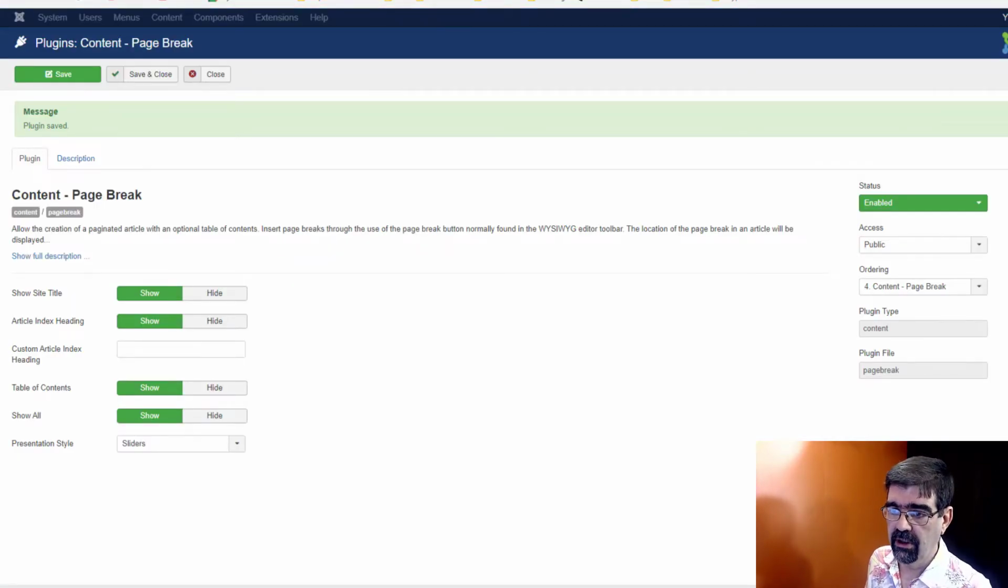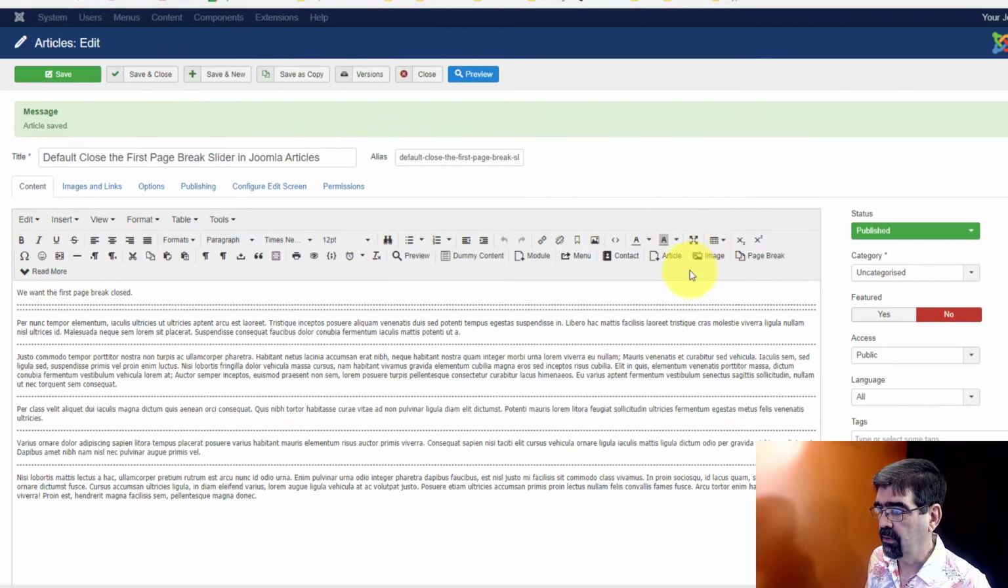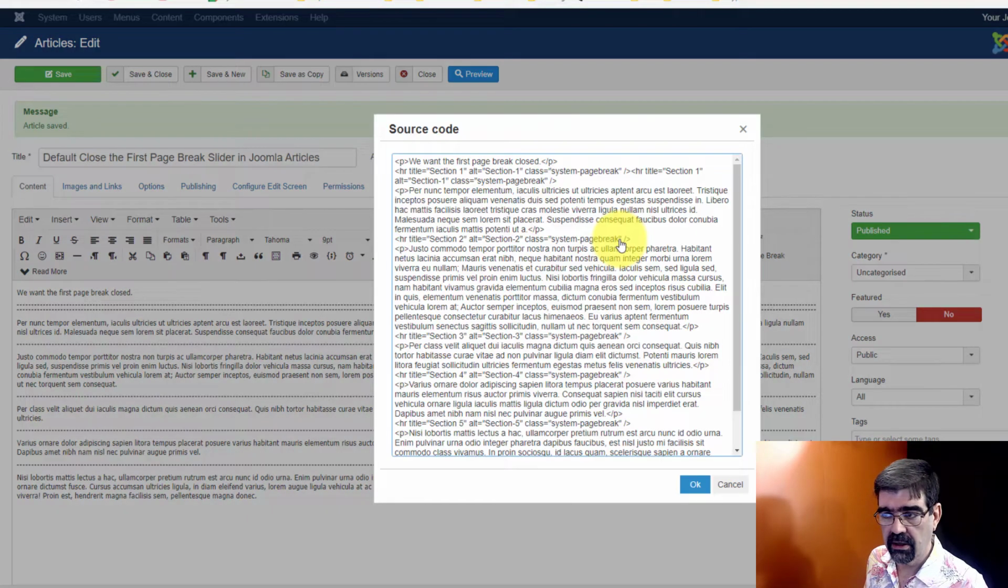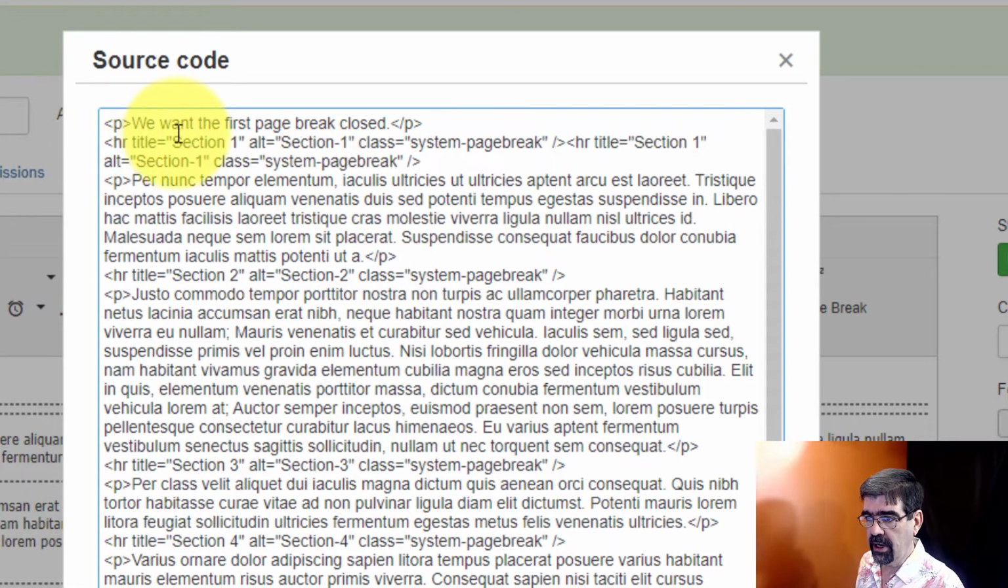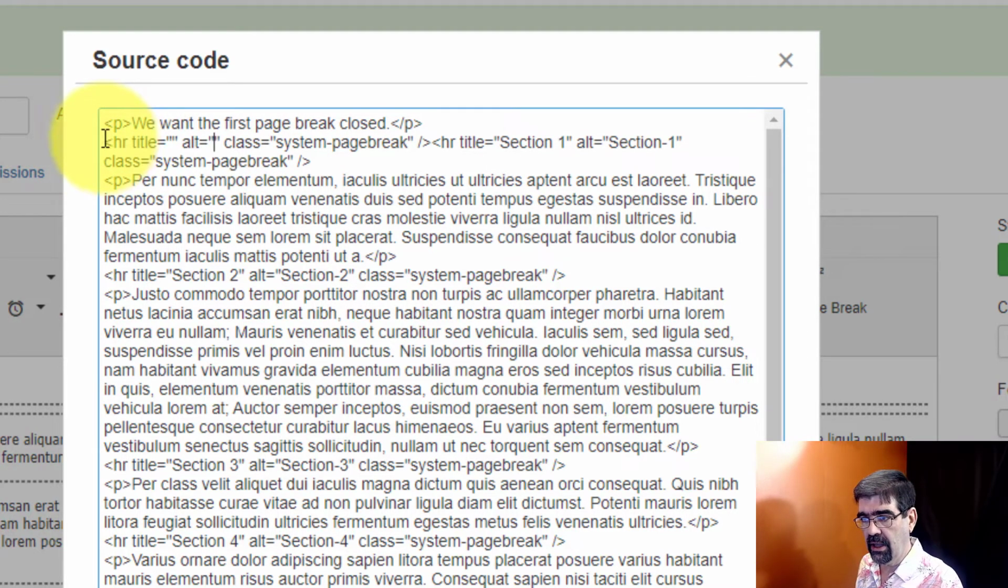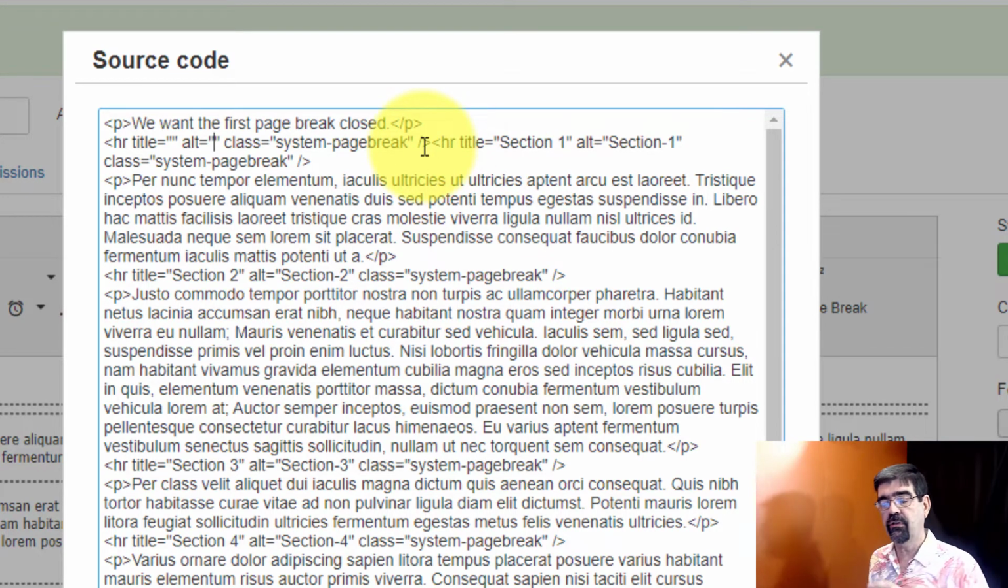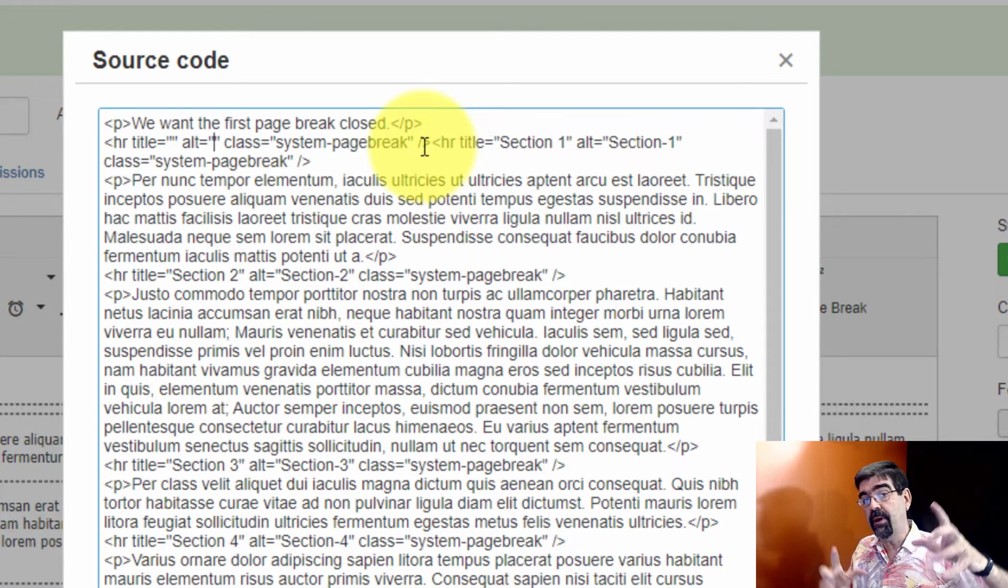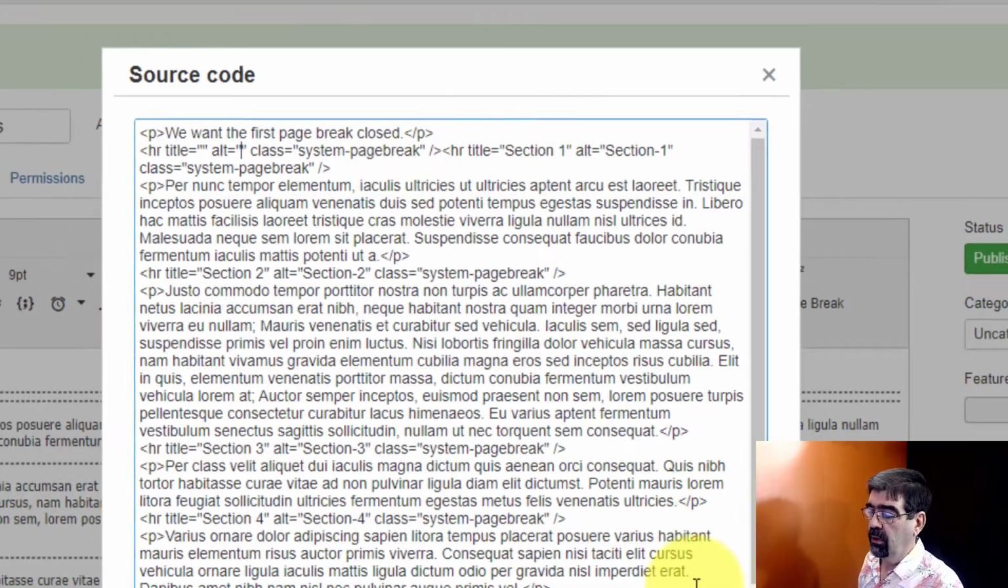Let's go back to the article, view the page source right here, and go to that first break up here. See, it says HR title equals section 1. We're going to take that out, and we're also going to take out the alt section 1. Now, it's important for us to have this empty page break in here, because the code in Joomla looks for the first one and says, oh, there's the first one, let's open it up. So technically this one is open, but we have no text in between or after it, so there's nothing to show. We click OK,